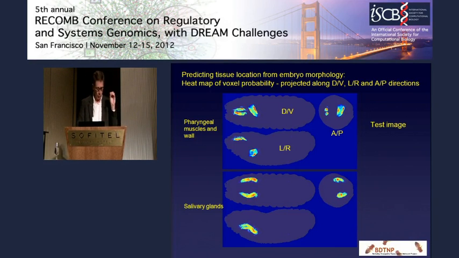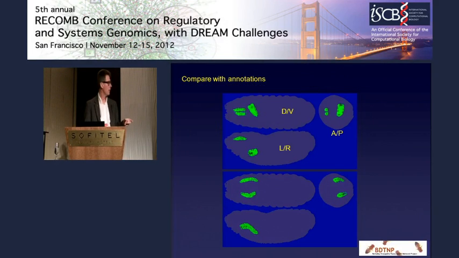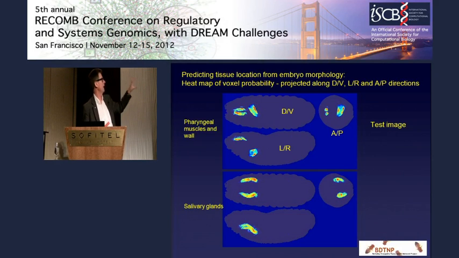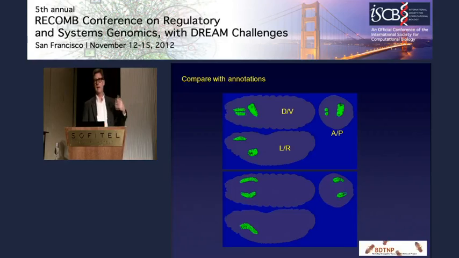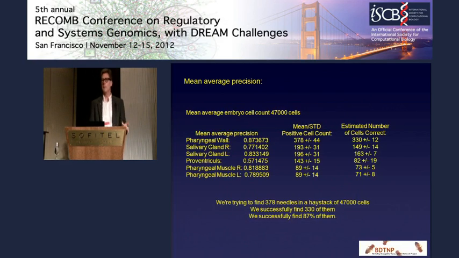And then what we can compare these predictions to are the hand annotations, what we call the gold standard in this image. And so I can just flick back and forth. So this is the hand annotation projected there, and here is the prediction. And if your eyes are good, you can tell that we're missing lots of areas, but we're doing a pretty good job. So the results of this from my vision expert people are the average precision of the